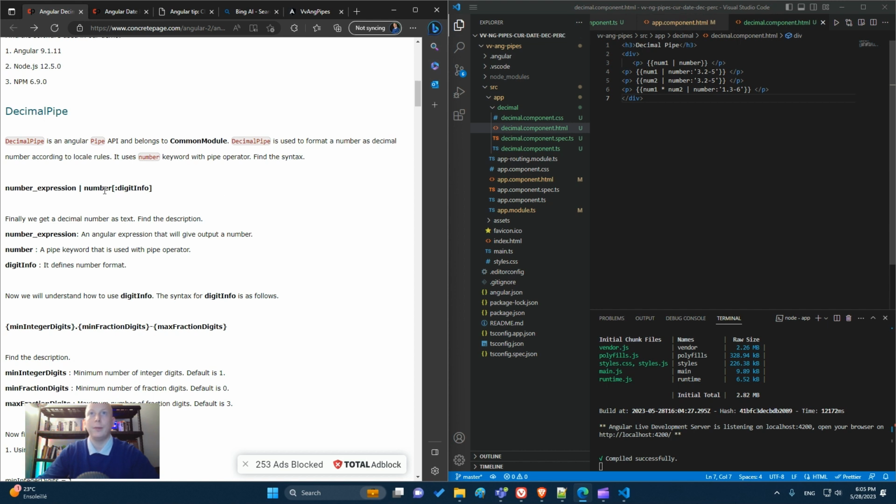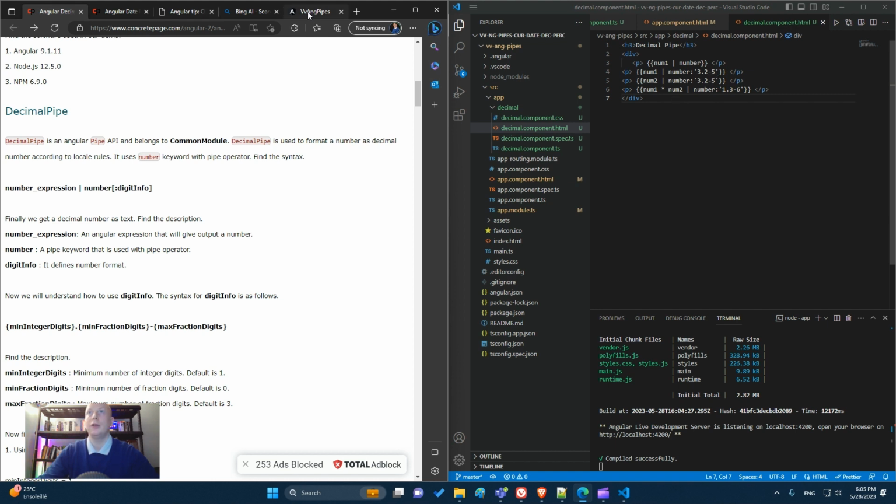Then we have some parameters for the pipe: digit info, the number of digits before the comma, and then the number of digits for the decimal after the comma. So we see that for the second example, we have three integer digits and 2 to 5 decimal digits.